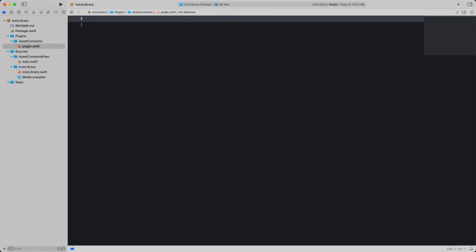Let's add the required target and also add a usage of the plugin from our library target.